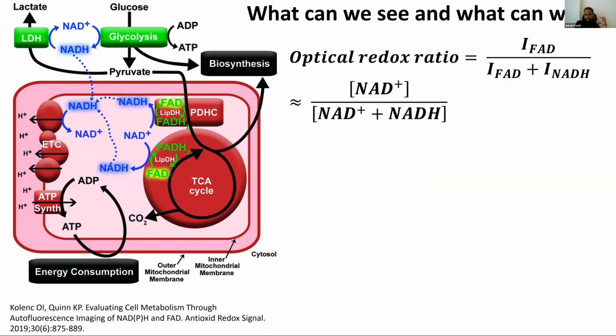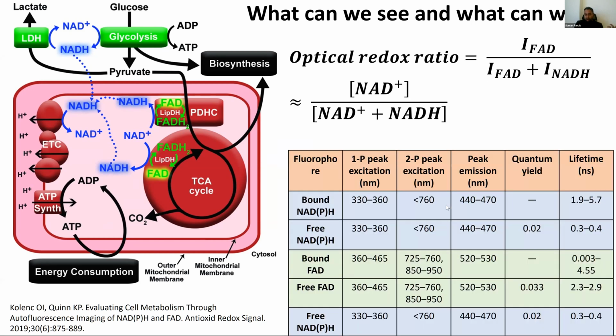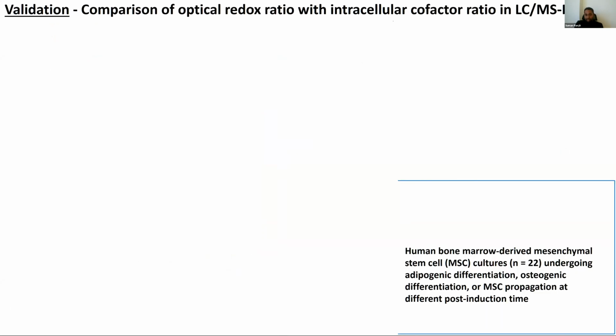And the idea there is this sort of ratio is correlated to the NAD plus and NADH, so the NAD plus to total NAD ratio, and that's known to be a marker for the metabolic changes. So if we can correlate that. Now, again, FAD and NADH can be separated spectrally, so this is a rather simpler experiment. You could use two-photon excitation to excite all four of them, and you can see them in different emission ranges to calculate this. Now, in terms of validation, well, whenever you are proposing a new technique, you have to validate